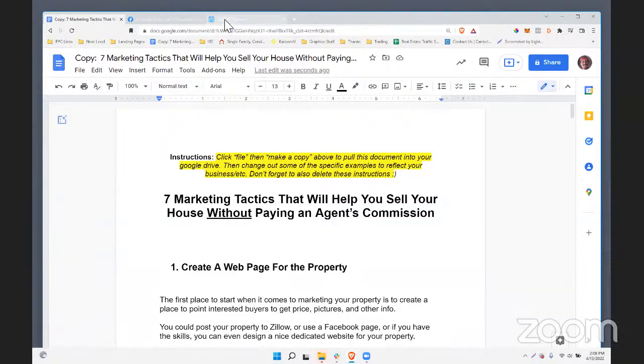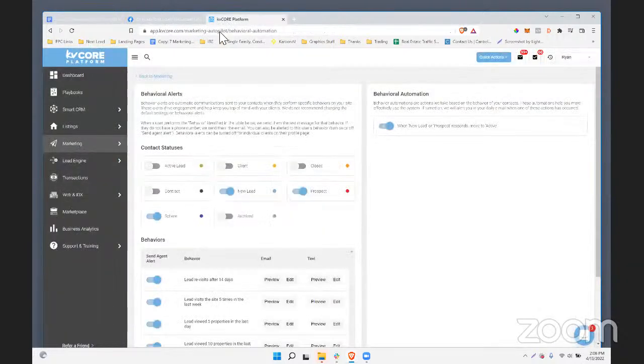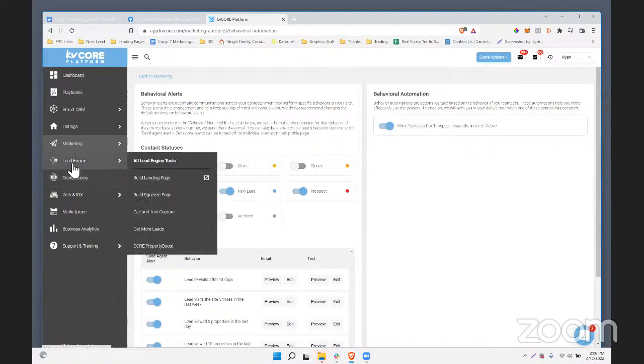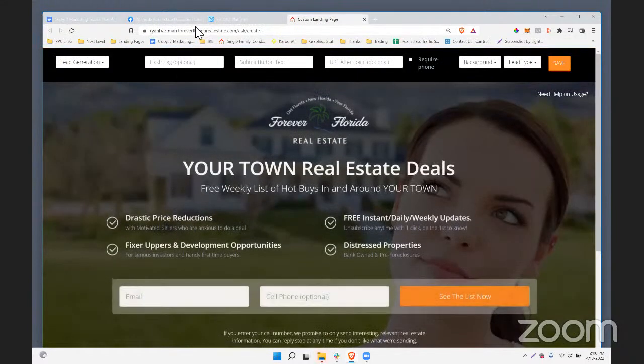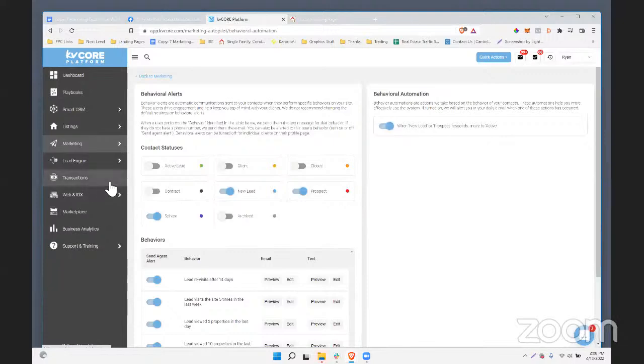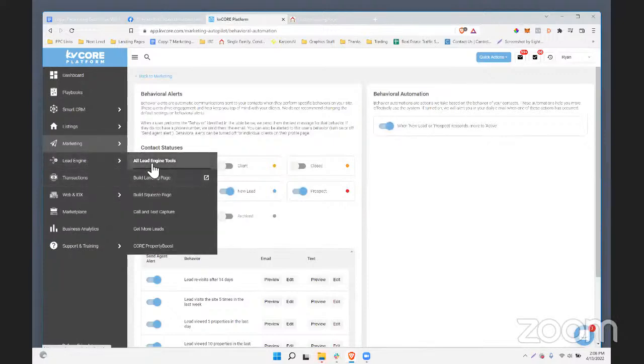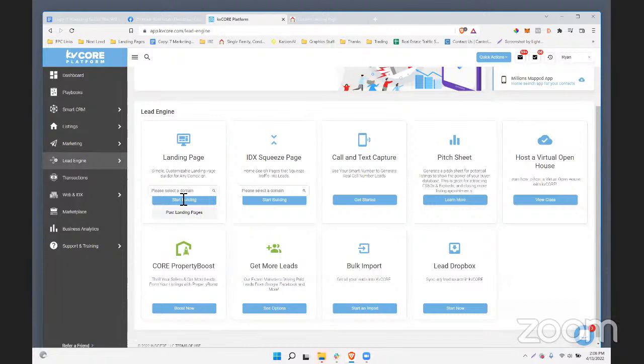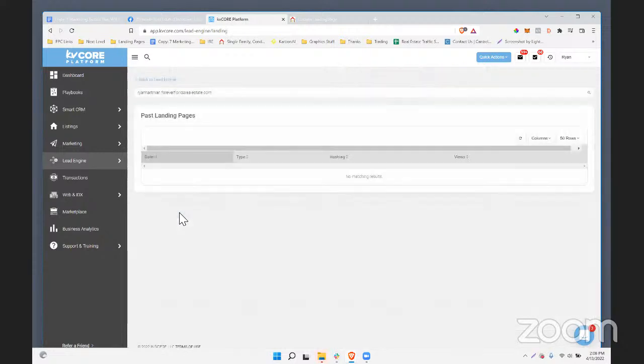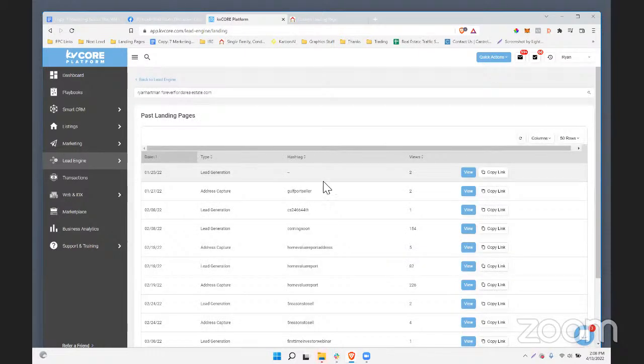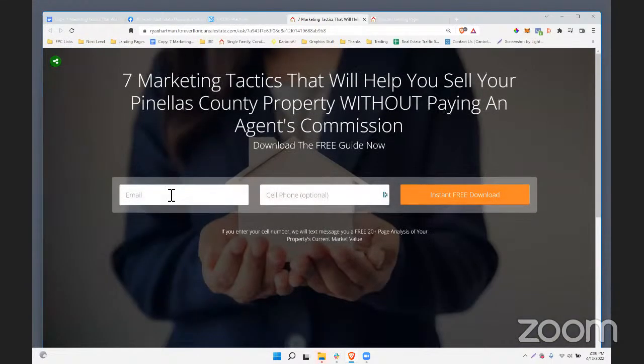So that's kind of the setup, where we're at in this flow. I will reference yesterday's webinar for more context, but what we wanted to do today was run a Facebook and a Google ad that drives traffic to this particular offer, to the landing page that we made yesterday. So if I go into all lead engine tools and I go into past landing pages, I can find the one I made yesterday. Let's pick the URL there. Scroll down, it'll be right here. So this particular page